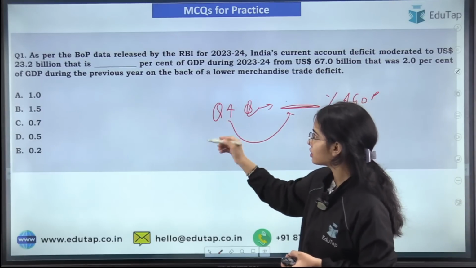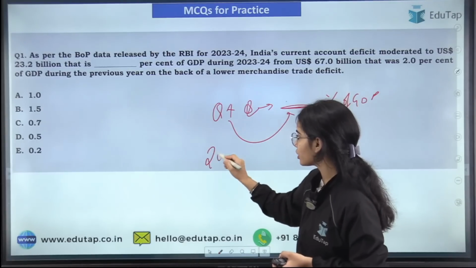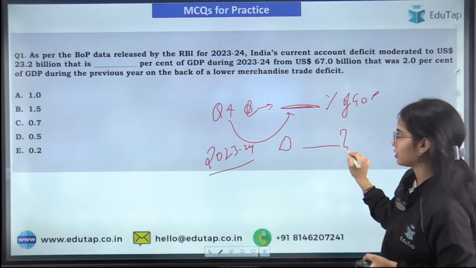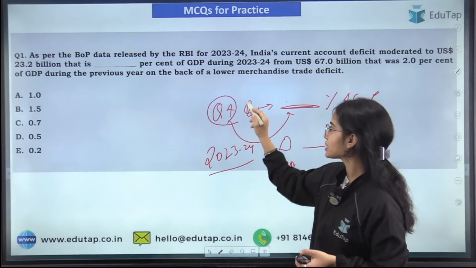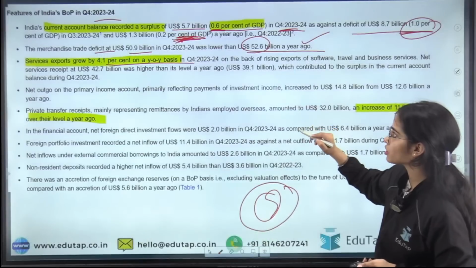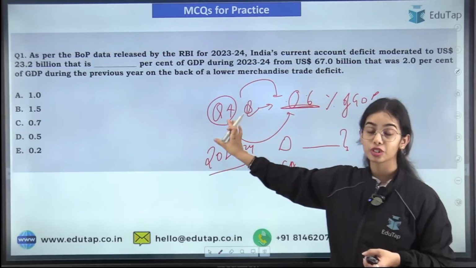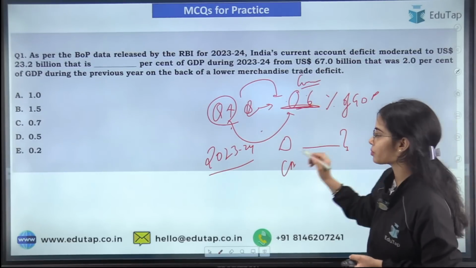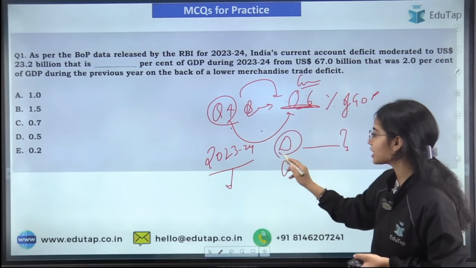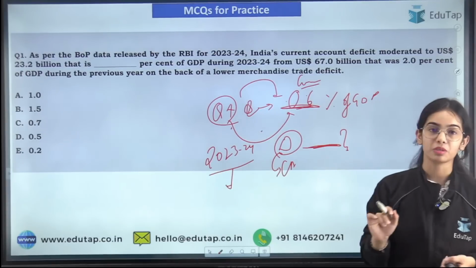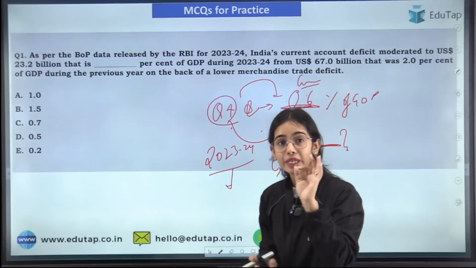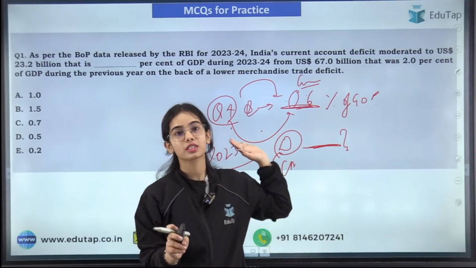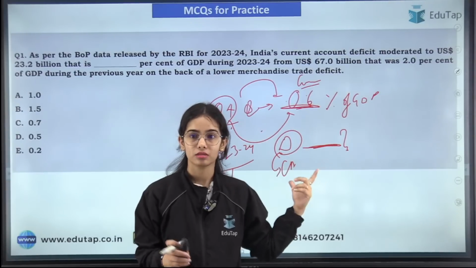And in the year on year basis, that is in 2023-24, if there is the deficit, what is that deficit in the current account? So in the quarter 4 there is the surplus that has happened of 0.6% of the GDP. Okay, there is the quarter 4, there is the surplus in the current account, that is 0.6% of the GDP. In 2023-24, there is the deficit in the current account as what percentage of GDP, that you have to tell me. Okay, so only in quarter 4 there is the surplus. Remember this also, that only in the quarter 4 there is the talk about the surplus in this whole video.